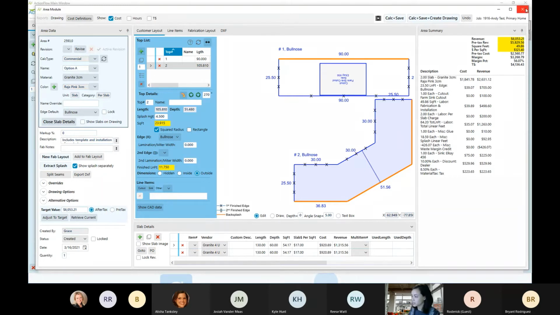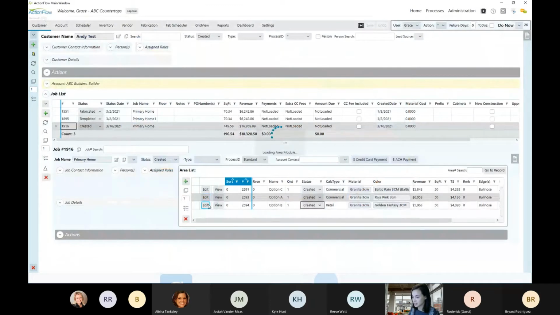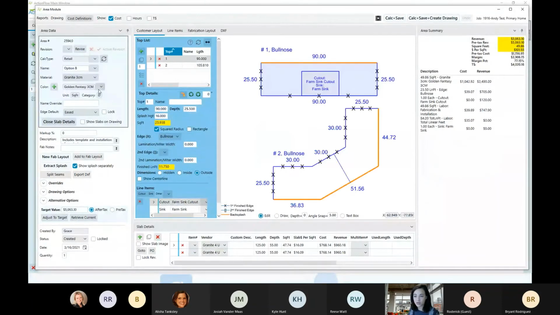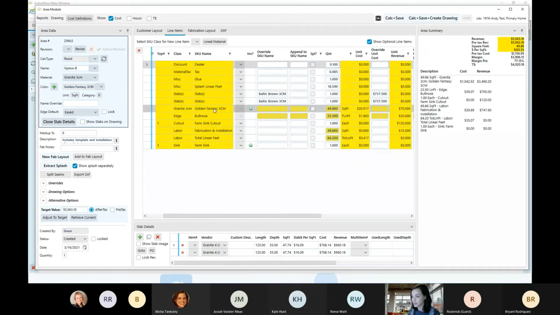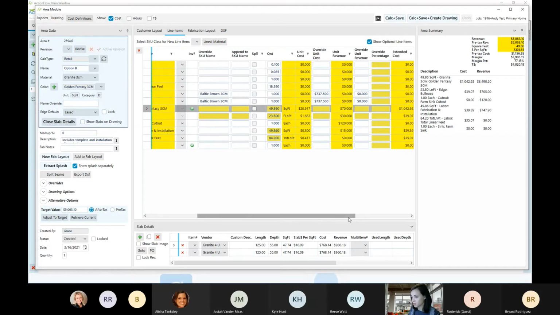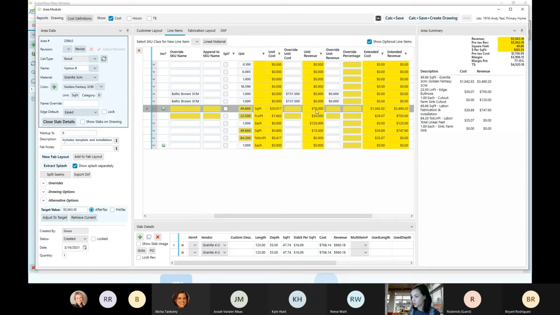Now, option B is, in this case, we're using Golden Fantasy, and that's a square foot unit. So we can also still see that I have my slabs here. But now my revenue is not based on the cost of these slabs. My revenue, if we go to line items, we're going to look at this line. My revenue is based on what I am charging, which is $70 per square foot times the square foot of the job. And my unit cost is